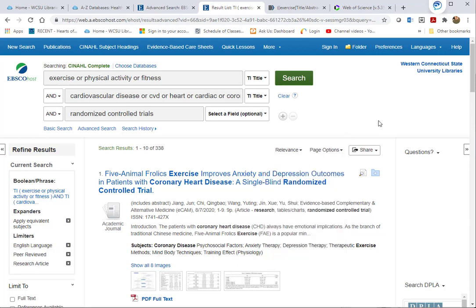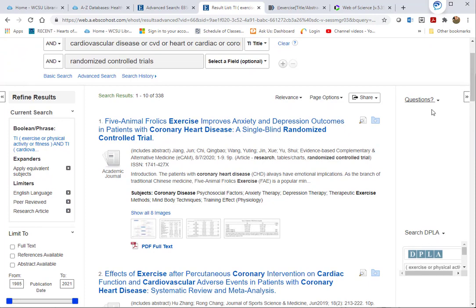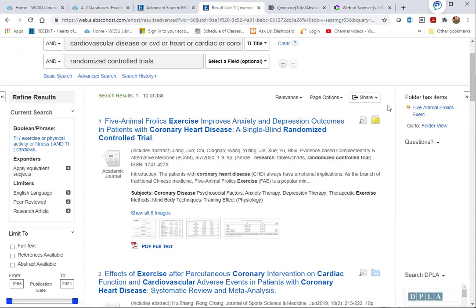We will put the desired citations into a folder. Note the folder at the top of the page on the right. In the results list, notice the blue folder with a plus sign in it next to each result. If I click that folder, the citation goes into an unnamed folder, and the blue folder icon has changed to